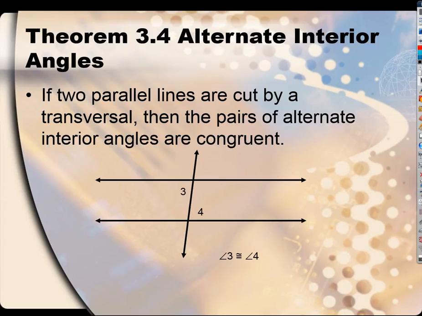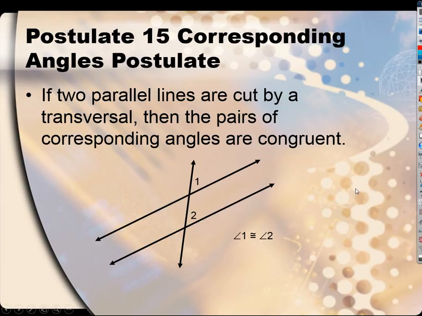There's some other things that you're going to prove and we're going to use from here on out. Here's one of them. These are all theorems because they are built from that postulate that we just talked about. They're built from the corresponding angles postulate. So the alternate interior angles theorem says, oh, and I want to go back real quick to one other thing. What's the hypothesis of this statement? Okay, so if we've got a situation where two parallel lines are cut by a transversal, then the conclusion is corresponding angles are congruent.